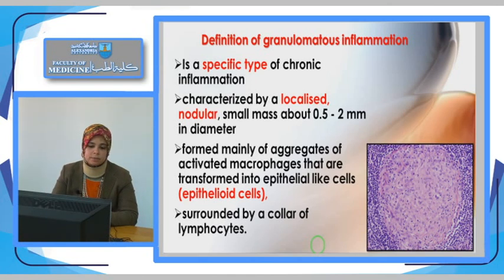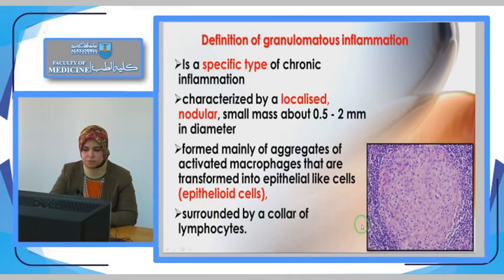The word epithelioid: they are actually not epithelial cells. As we said, their nature is activated macrophages. Why did they call them epithelioid? Because "oid" means like, so they are epithelial-like cells. Like epithelial cells in what? The activated macrophages, as we see here, are these. Here we have an aggregate of activated macrophages or the epithelioid cells. These cells have plump oval nuclei, vesicular, and surrounded by abundant pink cytoplasm. This makes them look very much like epithelial cells, so they are named epithelioid cells. Surrounded by a collar of lymphocytes.